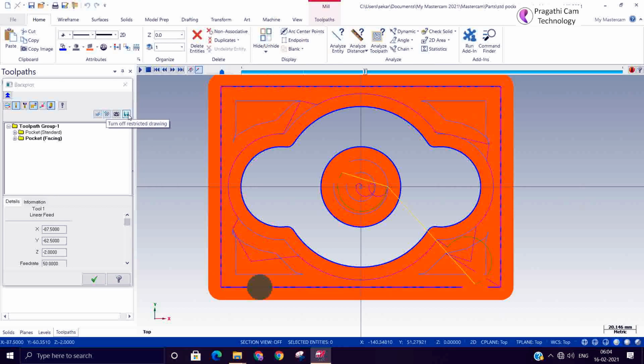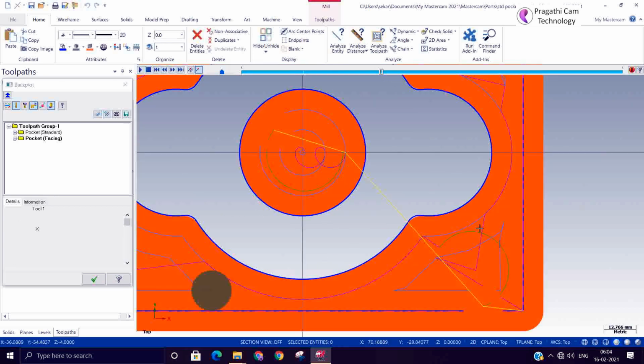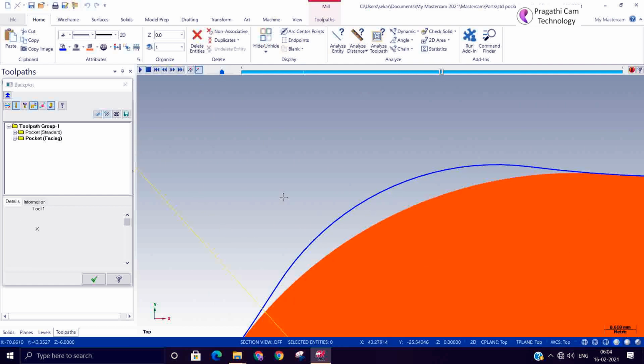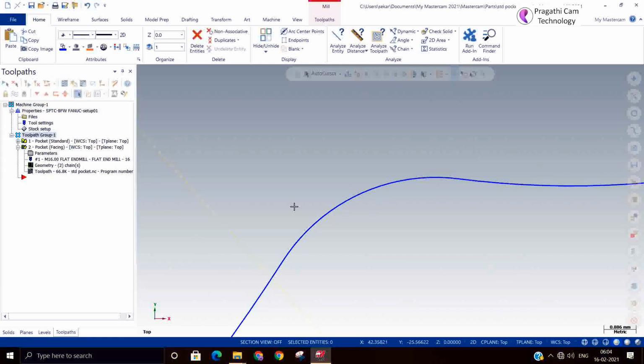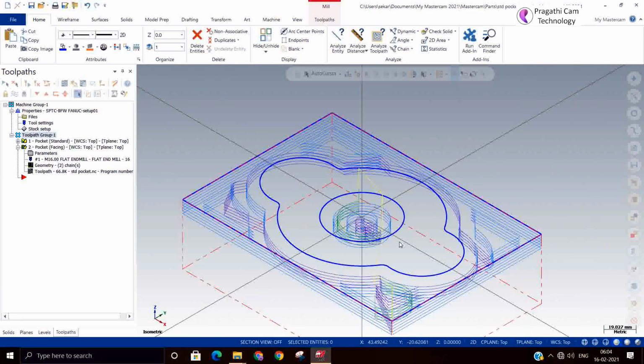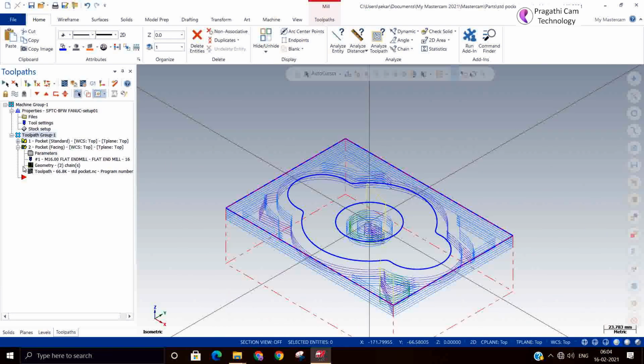On the corner there is a mismatch. The diameter of the tool is not fitting here. This left out material, how do you remove it? Then there is a machining called rest machining.